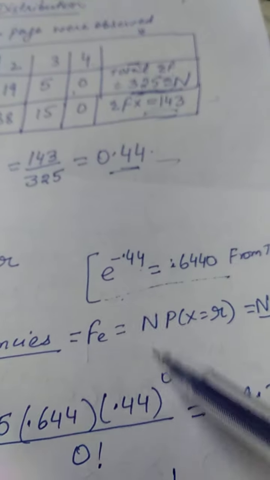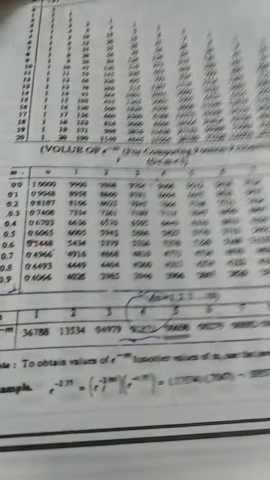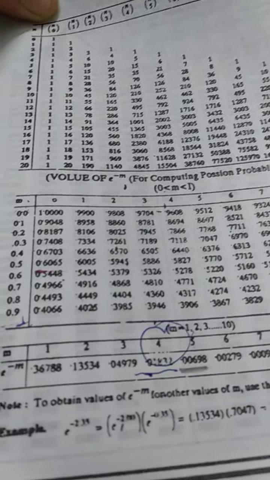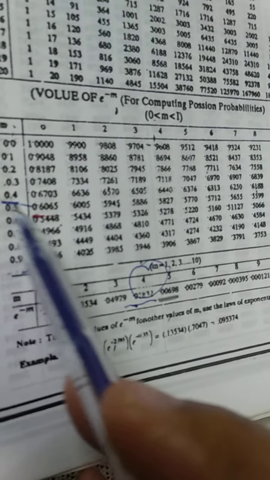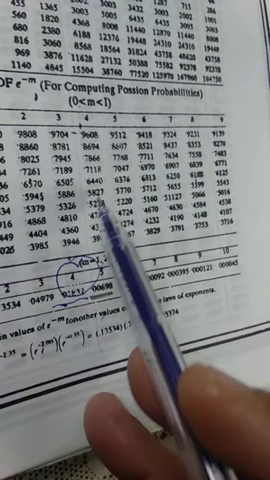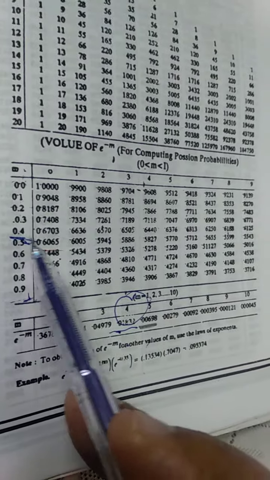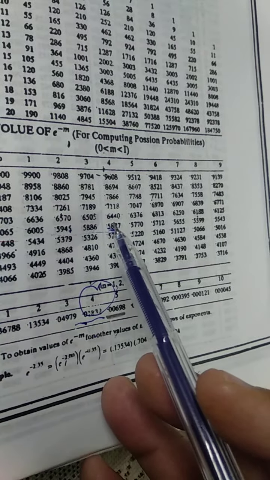Now 0.44 is a fraction. So please consult your table given at the back of the book. So which value you will see? The values which are given for fractional values. Here 0.0, 0.1, 0.2, 0.3, 0.4. This is 0.4 and see the column 4. So fourth row, fourth column, and the value which you will get is